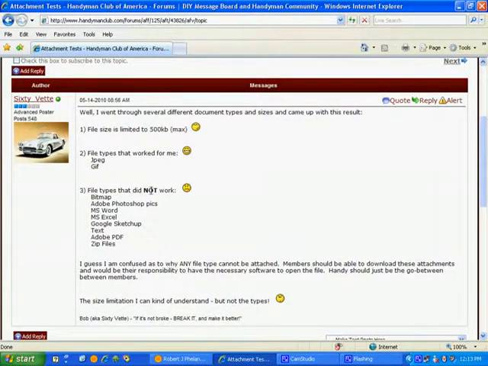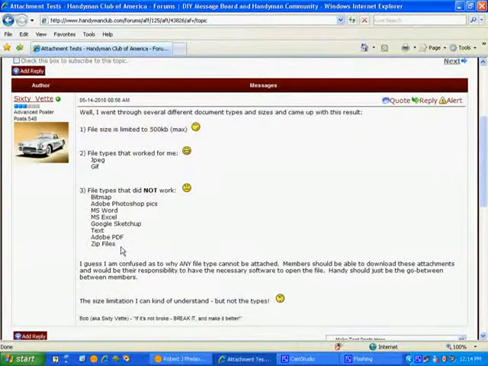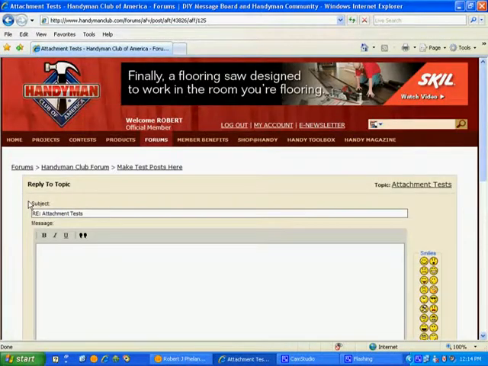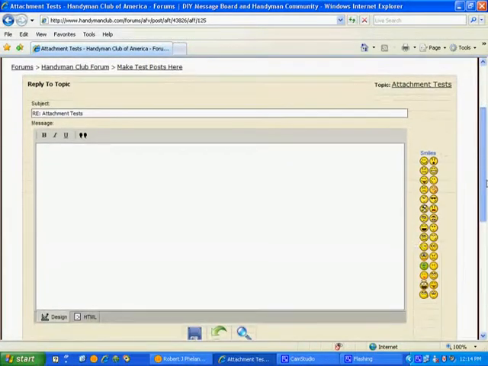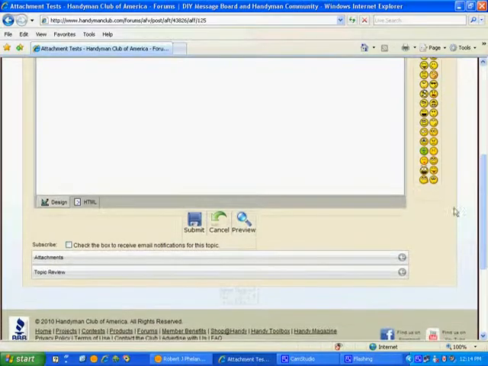The file types that did not work, regardless of what the file size was, were these here, and you can read those. I'm not going to go through each one of them. So that'll give you a little feel for at least what can be posted out there as an attachment. So let's go down here and add a reply and show you how to do it and some problems you might run into. So if I'm either creating a new topic or replying to a topic, down at the bottom